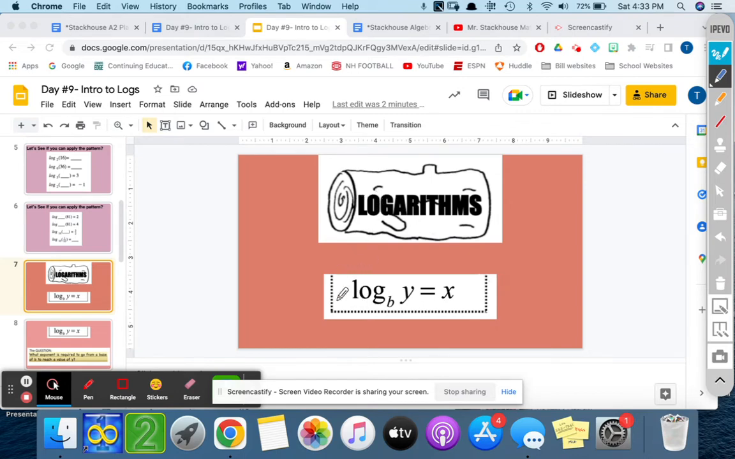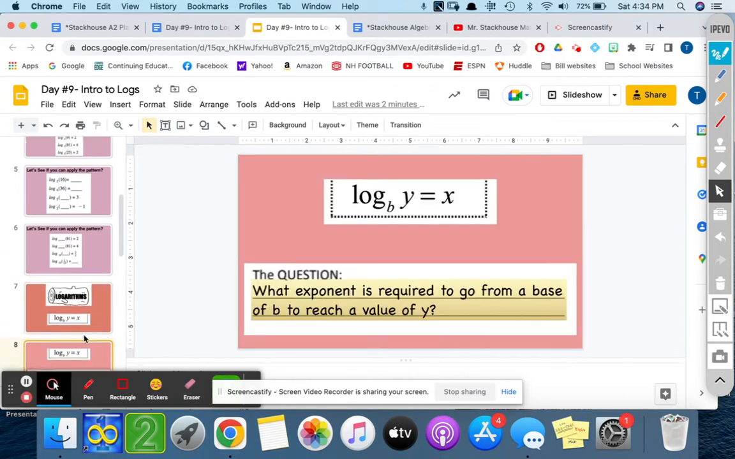So this is what a log looks like. We read this as log base b, meaning because the b is down below, it's in the base, of y is equal to x. So log base b of y equals x. Now, the question that logs are talking about is